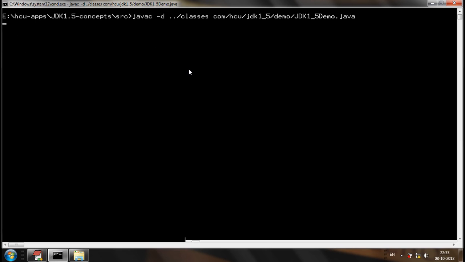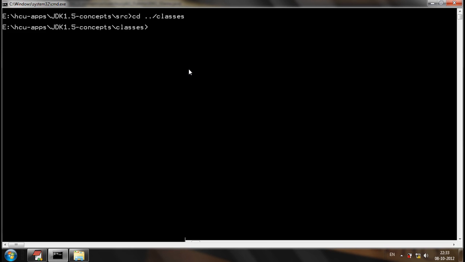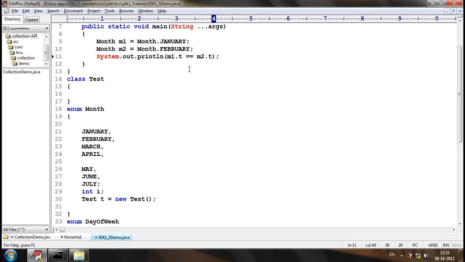If you see here, if I compile and execute the application, the output is false. Just because the objects of the enum constants are different. Each and every enum constant will have its own copy of enum attributes. It behaves like a normal class in case of attributes.